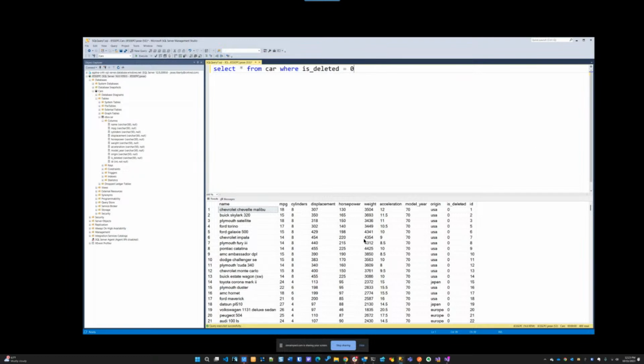Okay. Is deleted also a VARCHAR too? Yes, it is. Yeah, that's kind of weird. That's an interesting database design. Normally that would be a Boolean, so that you could do true false. But